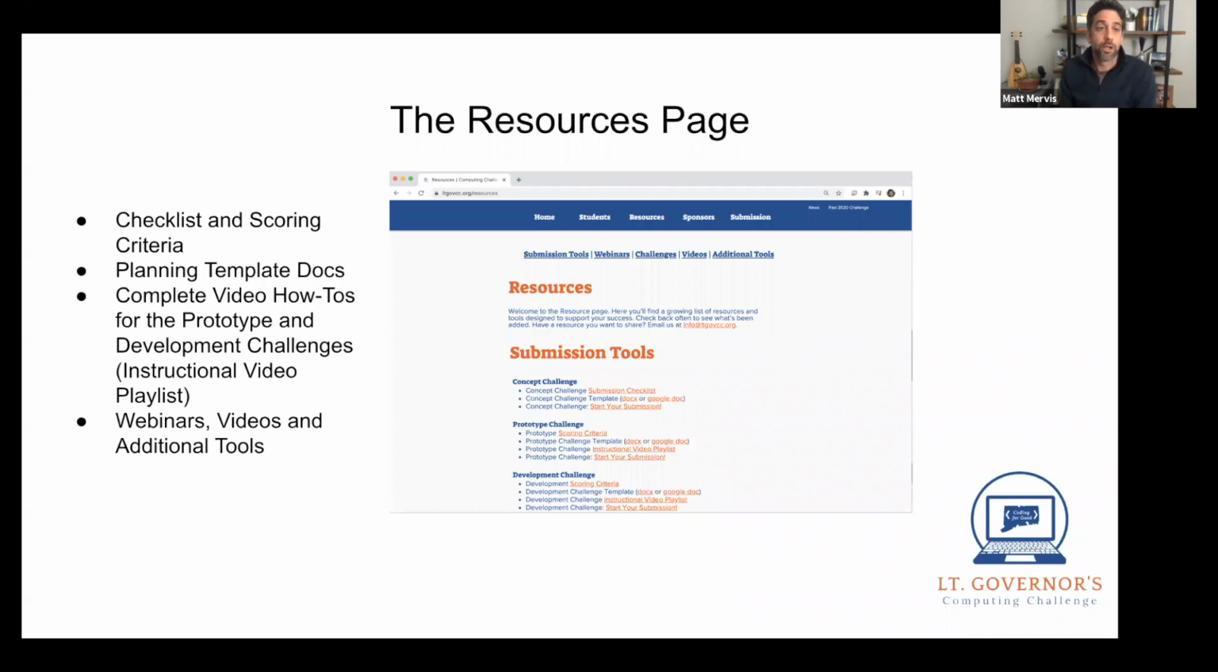All right, so we're going to look at the checklists that are there. There's basically two instruments: a set of scoring guides for the prototype and development challenge, and a checklist for the concept challenge. There are template docs. I don't know if everybody's been using those, had a chance to take a peek at them, but those are